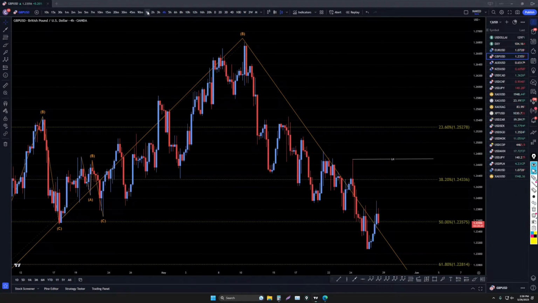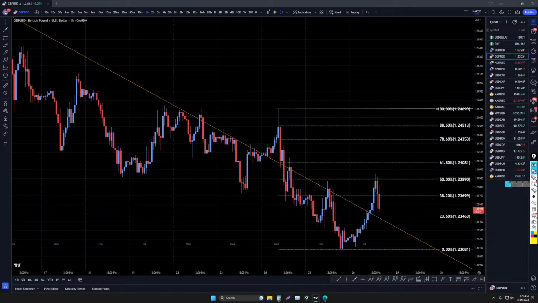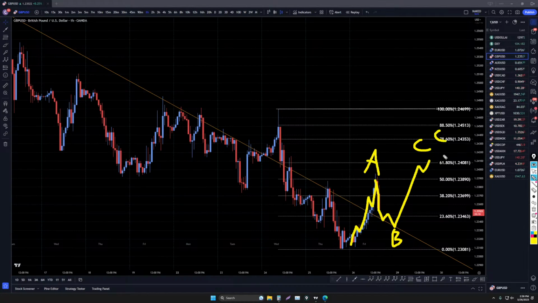So let's head down to the 1-hour time frame. Like I said, this move up is very impulsive, so I don't really think it's going to just continue the downtrend. I mean, it definitely could. Things like that have happened, but I think it's probably more likely it's going to actually go back up maybe towards the end of the week or the beginning of next week and make a wave C, ABC correction. And then maybe it'll bounce off 78 or 61.8 and then end up continuing the downtrend next week.